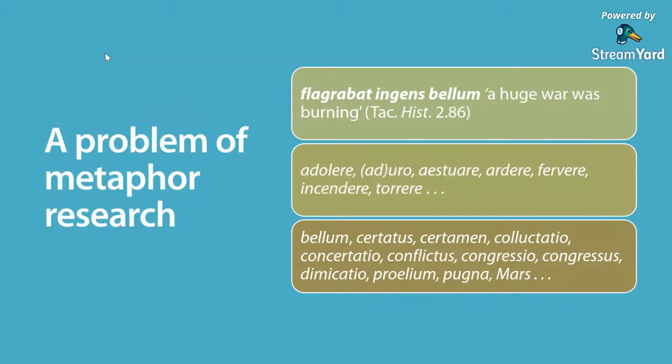With available corpus search tools, this represents a serious bottleneck. Assuming a source domain vocabulary of adolere, aduro, aistuare, ardere, fervere, flagrare, incendere, torrere, and so on. Okay, you can think about all of the verbs in Latin in this case that could mean something like burn, be on fire. And a target domain vocabulary of bellum, certatus, certamen, colluctatio, concertatio, conflictus, congressio, congressus, dimicatio, prolium, pugna, and even Mars,